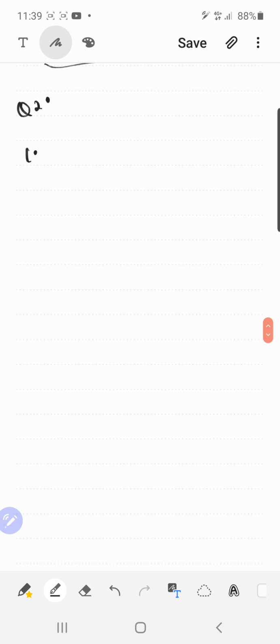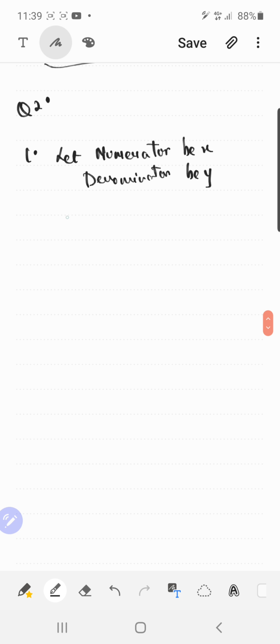In that, first we have, if we add 1 to the numerator and subtract 1 from the denominator. So we do not know the numerator, so let the numerator be x and the denominator be y. So I got my fraction x upon y. It is said that 1 add करो numerator को and 1 subtract करो denominator से and fraction will be reduced to 1. मतलब fraction will become 1. That's your equation number 1.